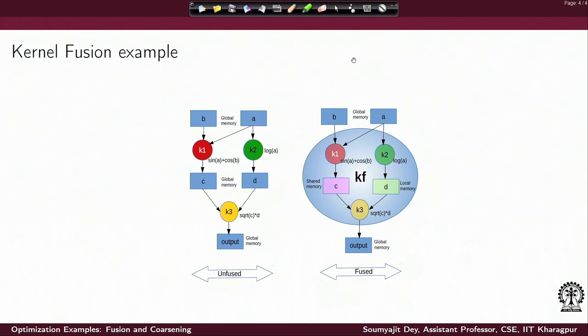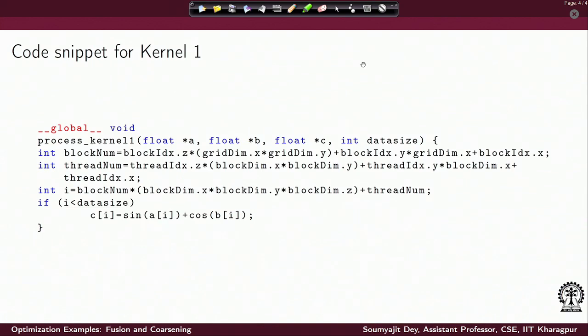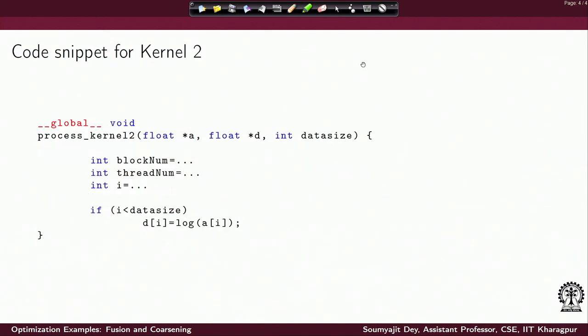In between I will just have shared memory and local memory writes and reads. That would significantly decrease my execution time and provide a significant speedup, just because I have avoided a lot of unnecessary global memory transactions. So in this case, the kernel fusion operation was found to be advantageous.